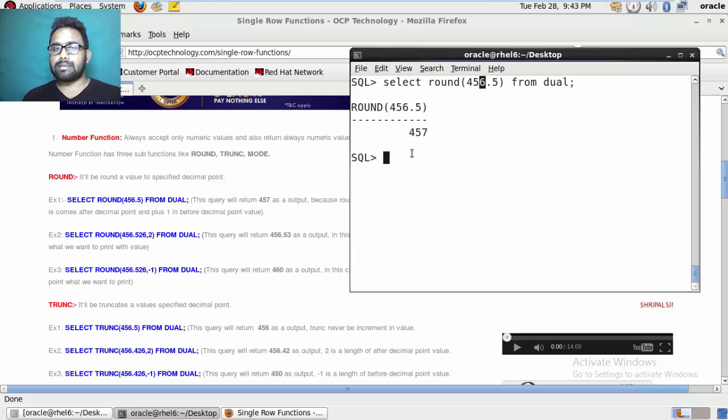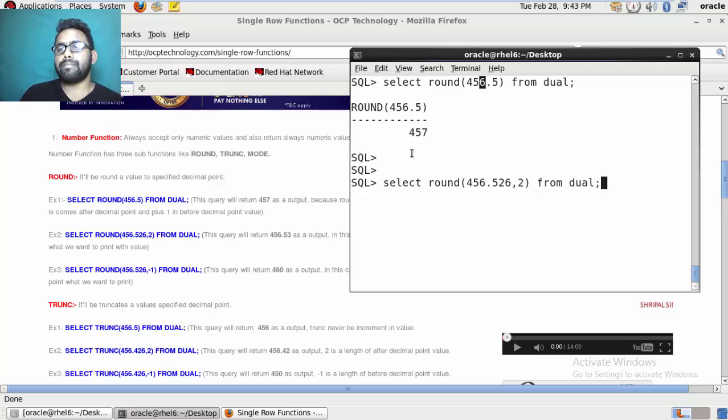You can see the next example: select round 456.526, 2 from dual.